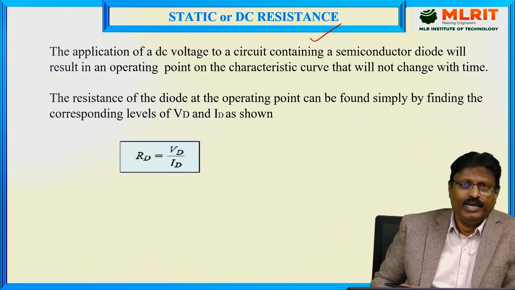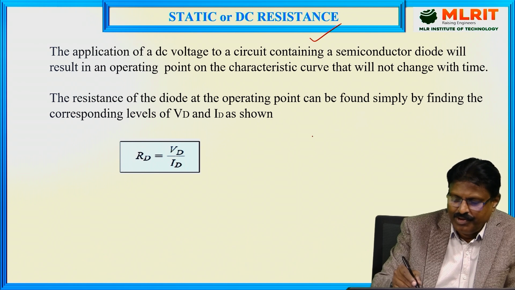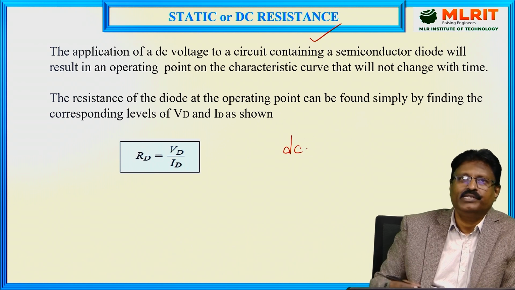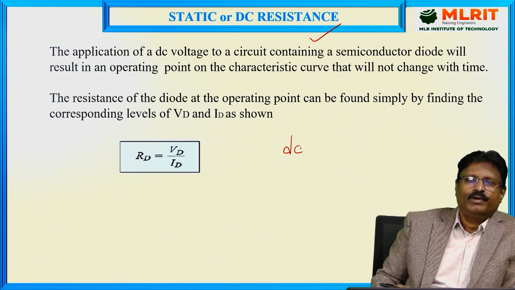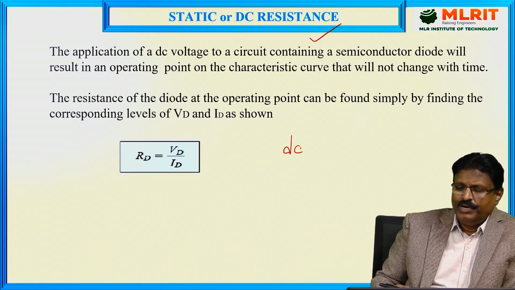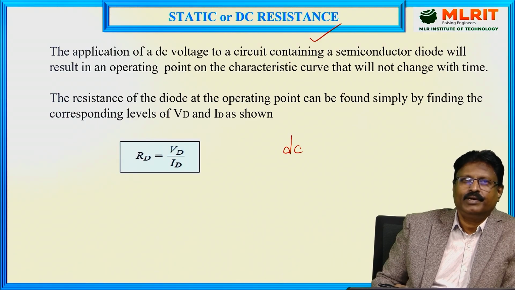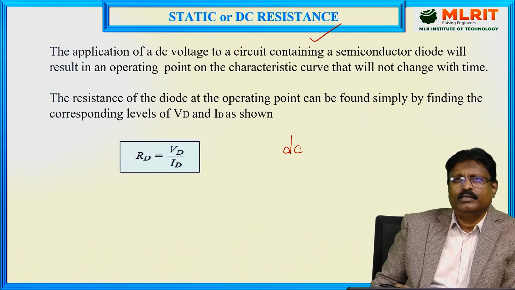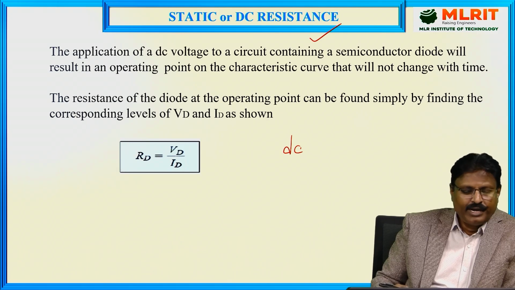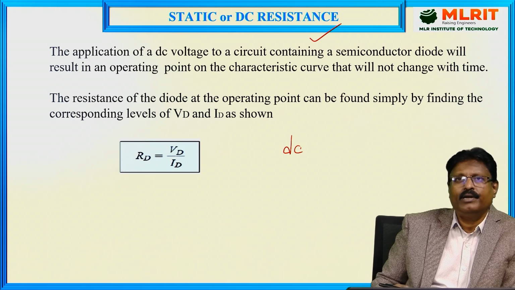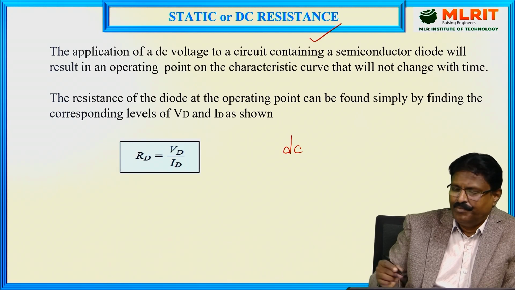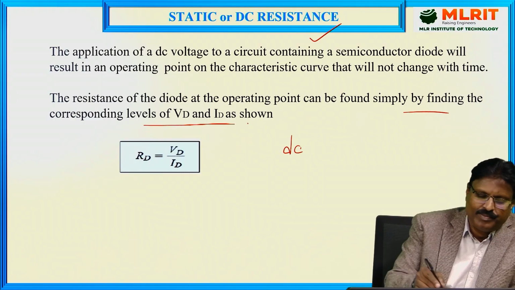Static, as you know, whenever you are applying the DC voltage to the PN junction diode, the operating point will not change with time. It is not dependent on time. So the resistance of the diode at the operating point can be found simply by finding the corresponding levels of